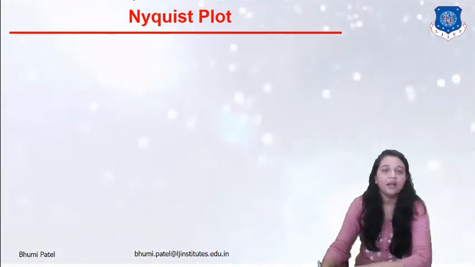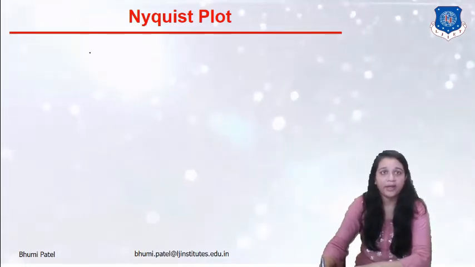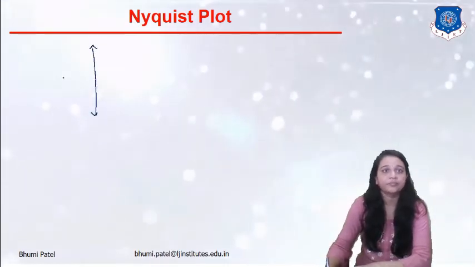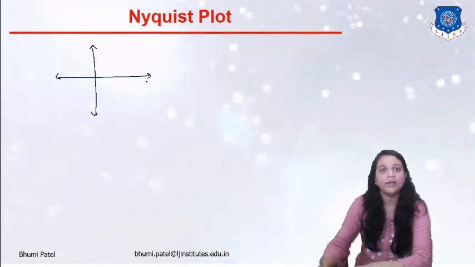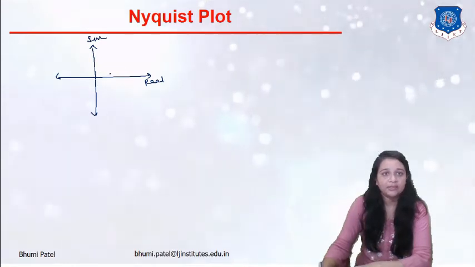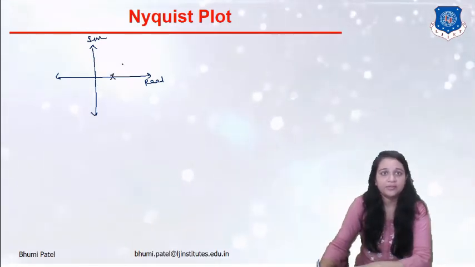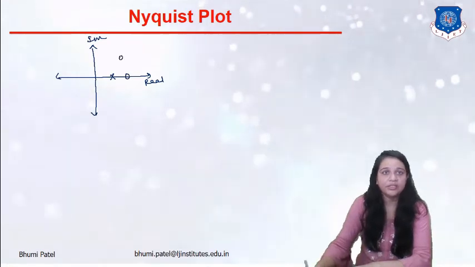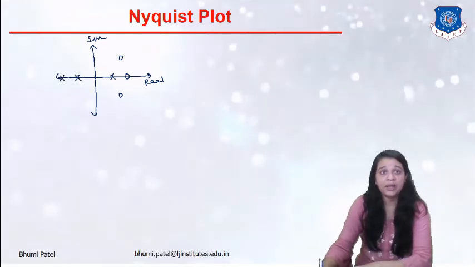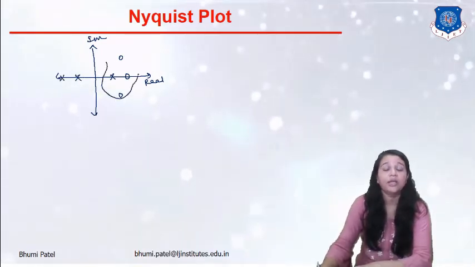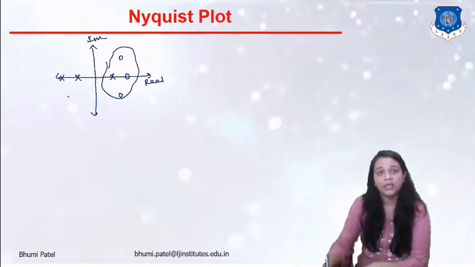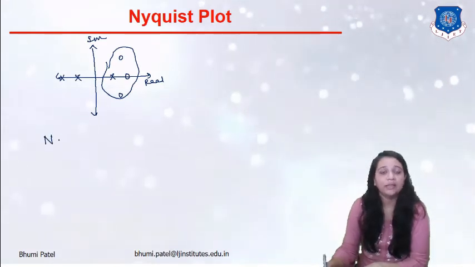We can consider an example to clarify the encirclement. Suppose an S-plane is given. This is my real axis and this is my imaginary axis. One pole location is here. One zero is located here. One zero is located here. One zero is located here. One pole location here and here, and this is my Nyquist contour. Okay, so for this encirclement we have to find the number of poles located in the right hand plane.